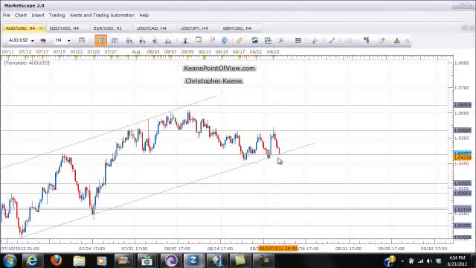If we get a clear break of this level, we could get a measured move down to end the week, and the next level of support would be down at 103.20 or 102.80, but I would watch the 103.20 area. If in Asian and European trading we bounce at this level, though, we could easily just drift back higher up towards the 105.30 area, but I would be keeping an eye out for a break below that level.